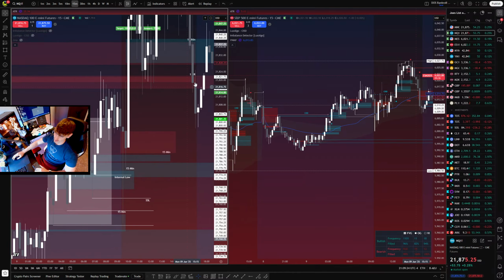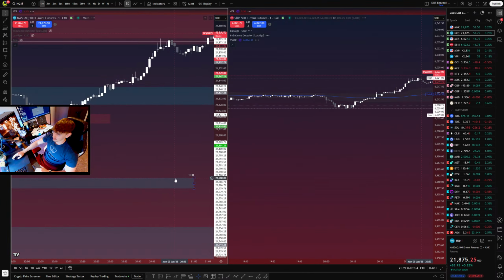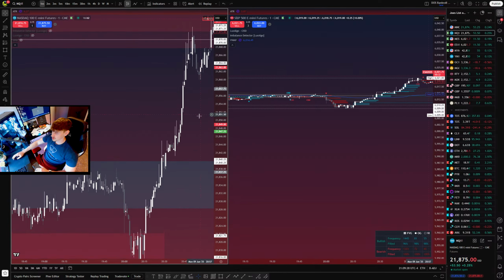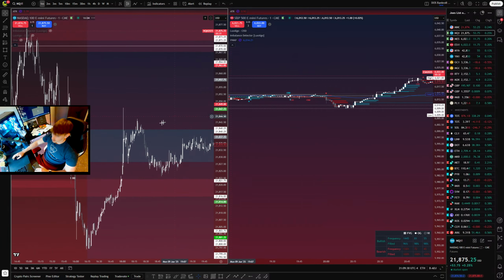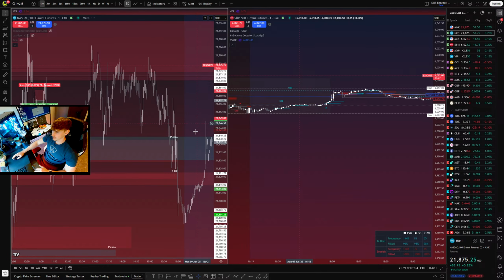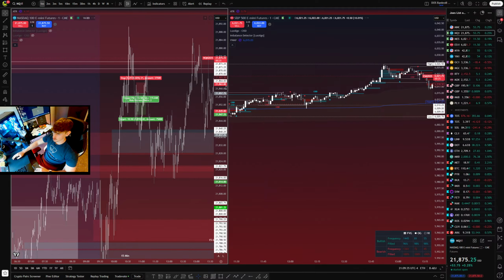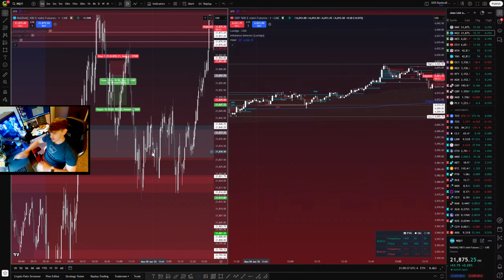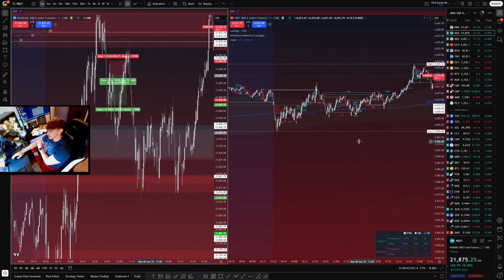I don't know why he took shorts, to be honest with you. He's a great trader, but he also does trade really, really high time frame stuff. Clearly, he thought that in the higher time frames, we were going to be trending bearish today. Difference of opinion. Obviously, he got his bias, I got mine. My bias ended up being correct today.